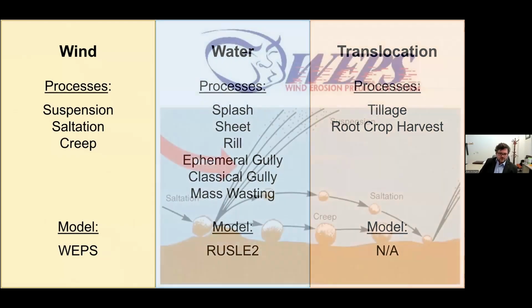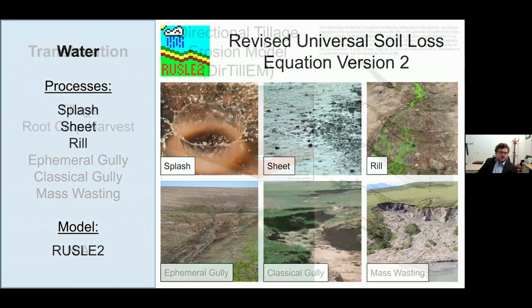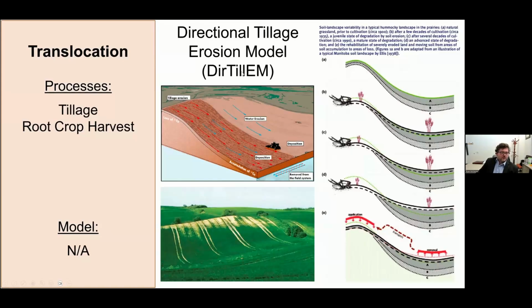We do have models actually, but they're not adopted. There are at least three that I know of, but one is the directional tillage erosion model, Deer Tillum. This model exists, but it is not adopted by NRCS. It is not a model that is used for modeling and predicting translocation issues. And it's often one that gets lumped in with water. People tend to get these two processes confused, and that might be why there is no adopted model, just because people aren't aware that it's occurring. So this is in part to try to educate people to help them understand that that is a process that is occurring.